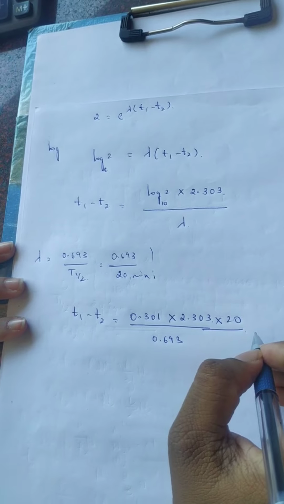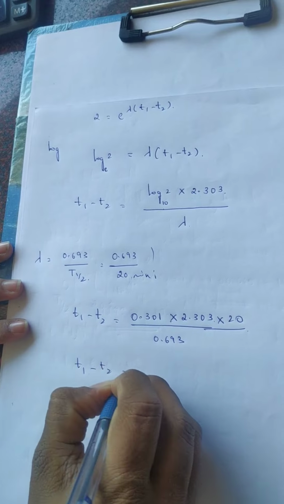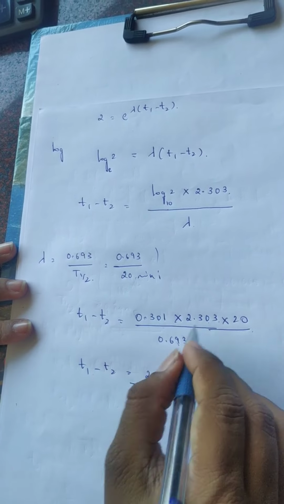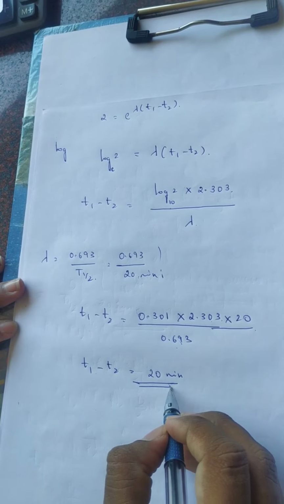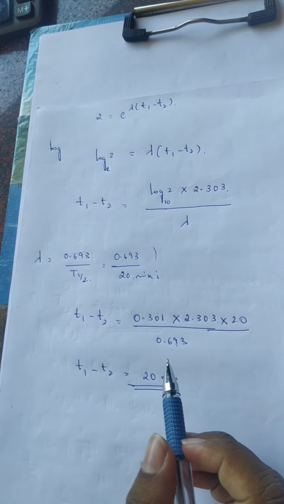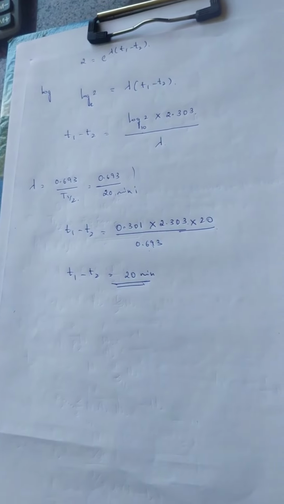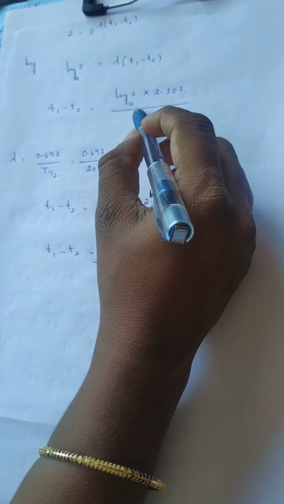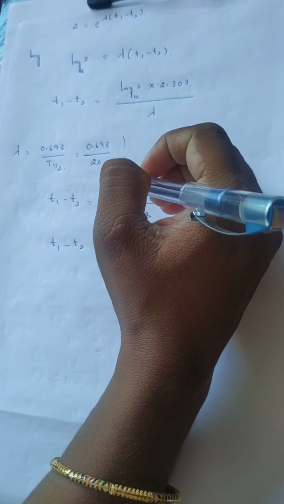Okay students, did you understand or not? You have to tell me in the next class. When you calculate this, you will get 20 minutes, because 0.301 into 2.303 gives 0.693. Therefore, it cancels. Therefore, we'll remain with T1 minus T2 is equal to 20 minutes. This is the answer. So, students, how you can see the log? I think everyone should carry a logbook with you. So, students, keep in mind, always log 2 to the base 10 is 0.301. You should keep in mind this. Okay, this is about this problem.